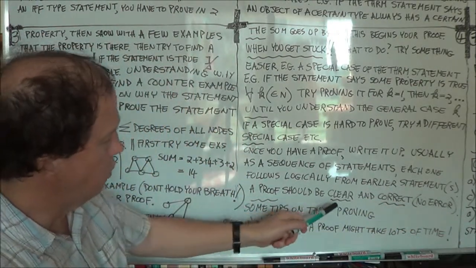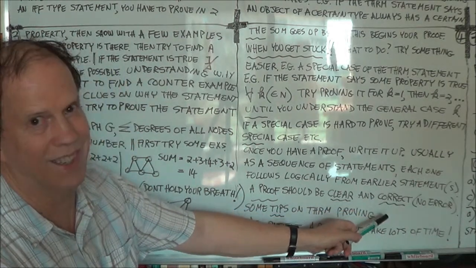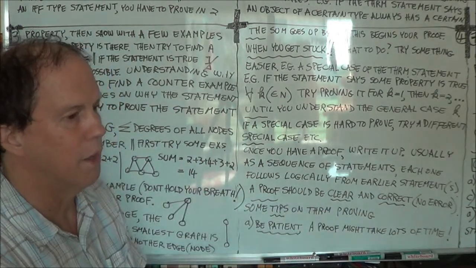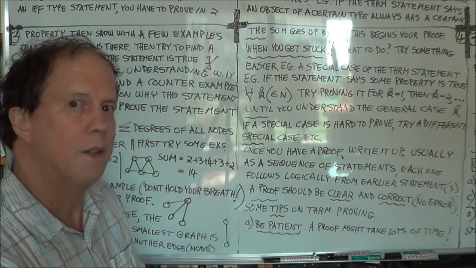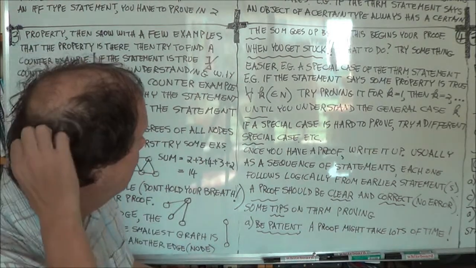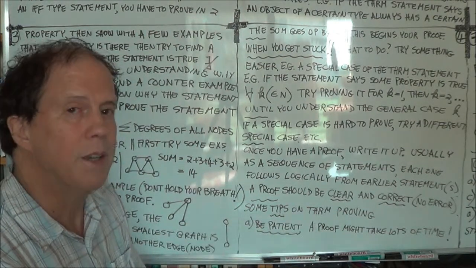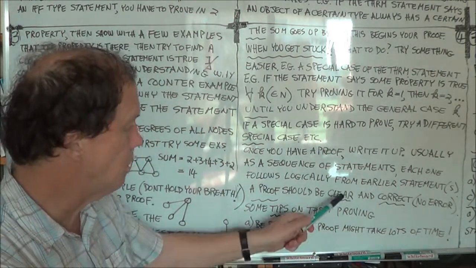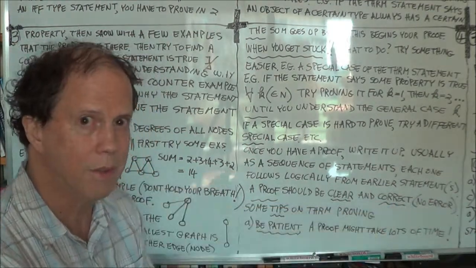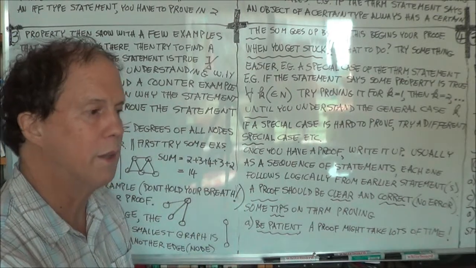And your proof should be clear. It's really important. And correct, of course. You don't want some mathematician faulting your logic, because that's embarrassing. It makes you look bad. So it needs to be clear so that other people can understand it. Very important. And of course, it's got to be correct. No errors, not a single error. Right? Even just one error can be